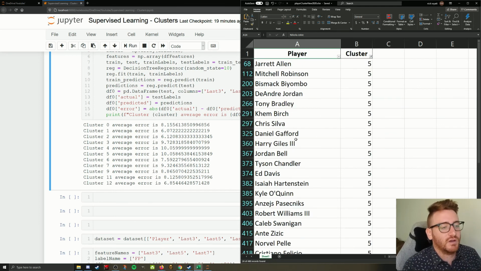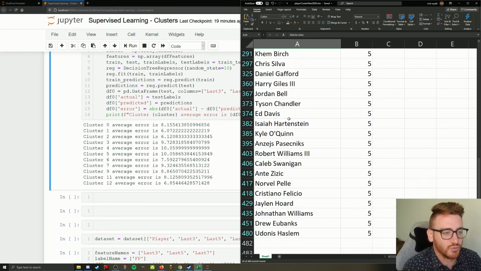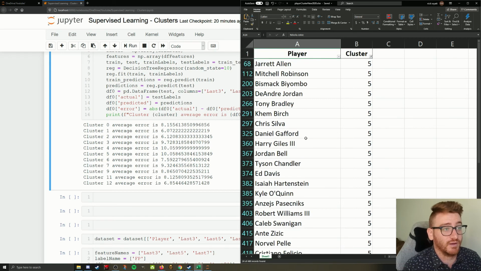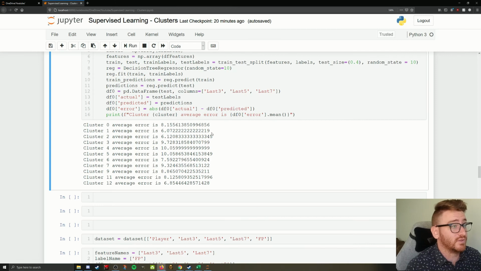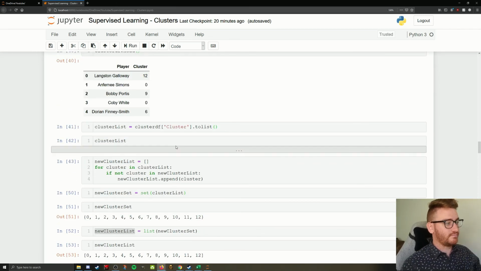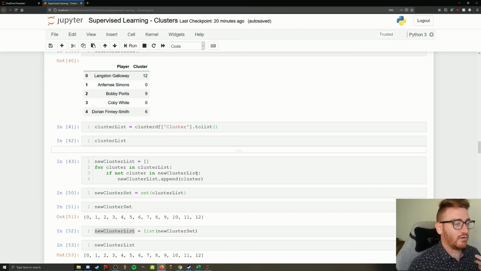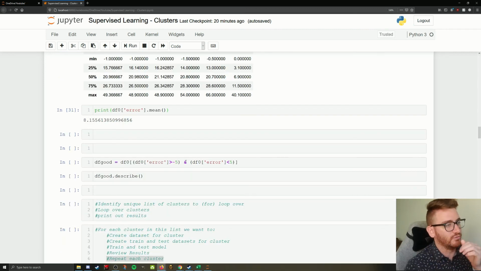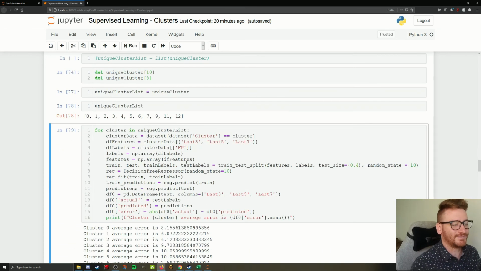Looking at 5, looks like we've got some big men here, but there's going to be wild variations in how many points you can expect them to score a night, right? So let's try something else real quick that I think will be fun to try and something that I have not done before. So we're going to do our clusters again, but we only want